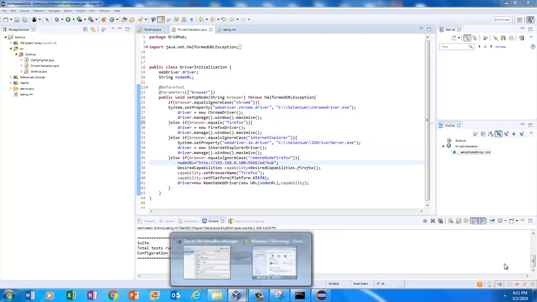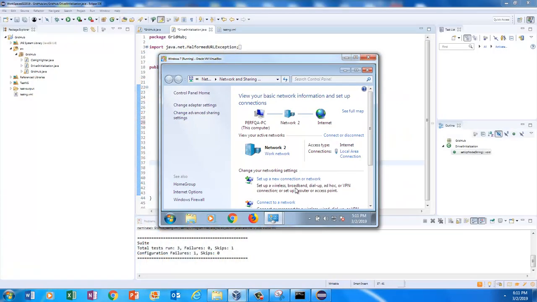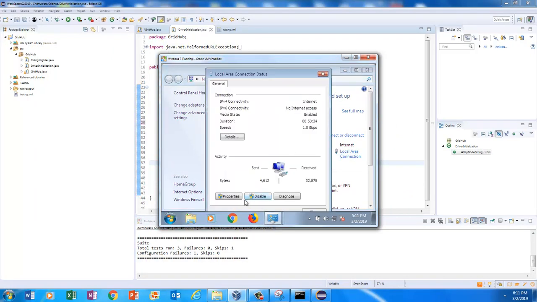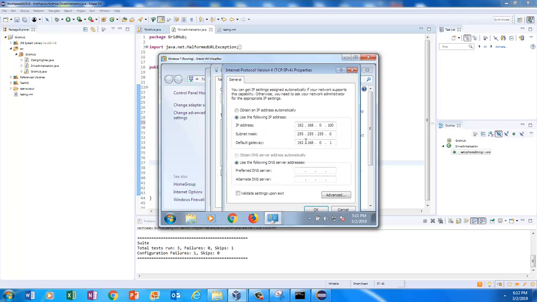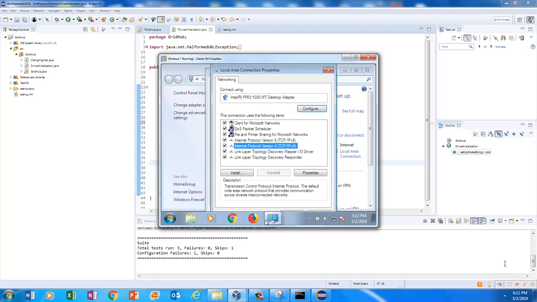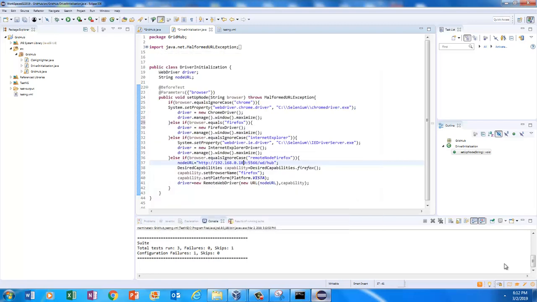If you take a look in this machine, if you go to this local, if you go to properties, what is it? 192.168.0.100. So I gave that URL, and 5566, to connect to that machine. This is the URL,